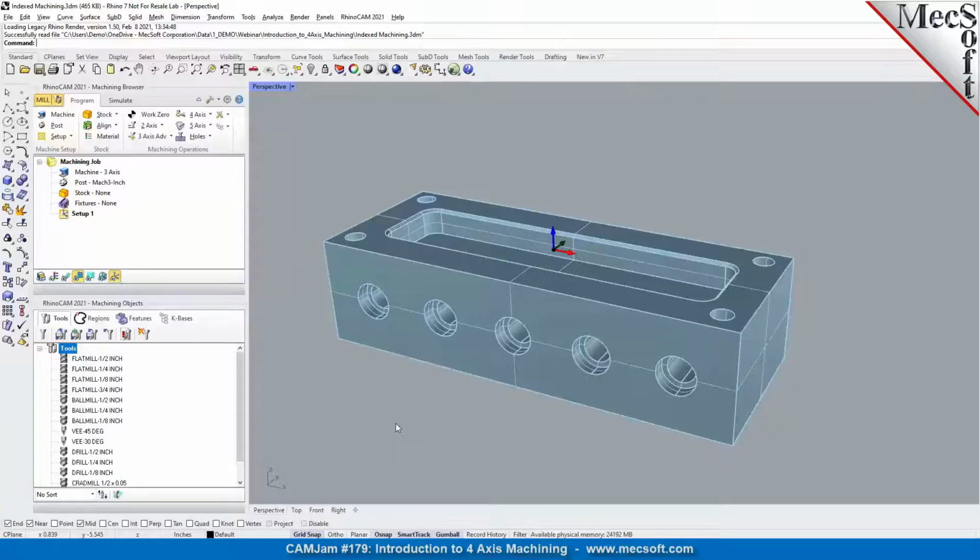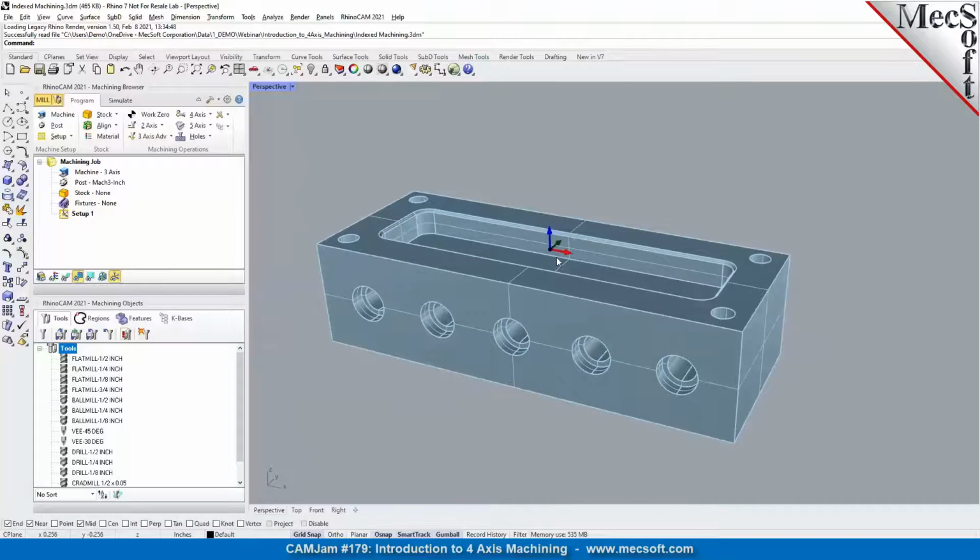Now, the next thing we want to talk about is how do we orient a part for programming in four-axis. The first step here is we need to determine the rotational axis. That's how it is set up on the machine. On most CNC mills, the rotation axis would be aligned or rotating parallel to your x-axis. So you need to make sure that the part is oriented about the x-axis, and you want to establish the origin accordingly. So in this particular example, I'm going to be orienting the part about the x-axis on the four-axis